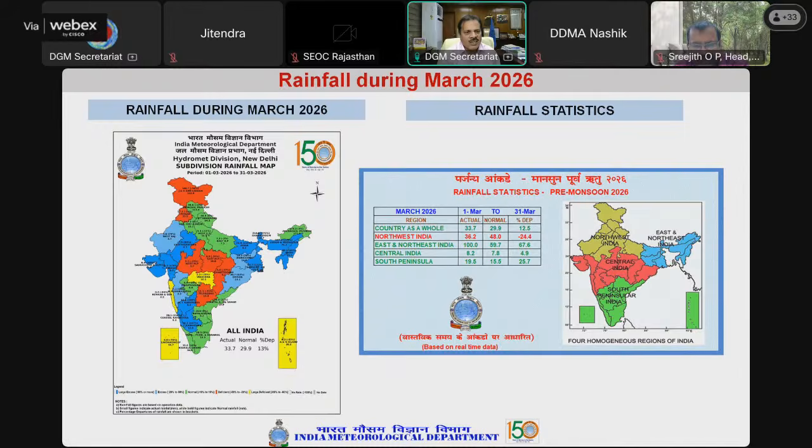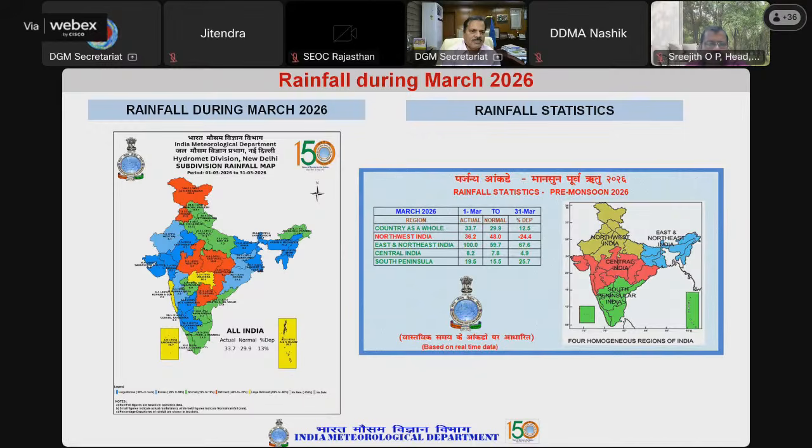Past weather. On the left-hand side, you can find the India map with 36 meteorological subdivisions. Red and yellow indicate below normal rainfall, and green and blue indicate normal to above normal rainfall activity. So you can find here that there has been good rainfall activity, in the sense of normal to excess rainfall, in many meteorological